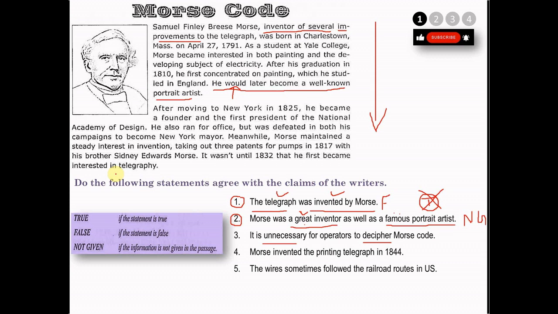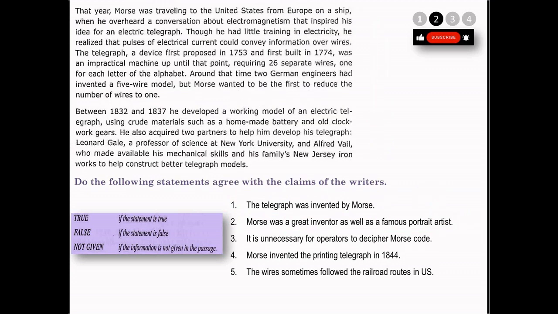So here if we go through again, nowhere does it contain the information that he became a great inventor, he just became an inventor. So that way we are going to solve the question. We will not apply our wit that he was the one who brought improvements to the telegraph, that's why he was the great inventor. It would be your own information. Yes, so let's read the later half of the passage and try to find question number three.